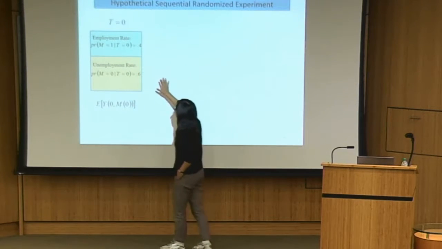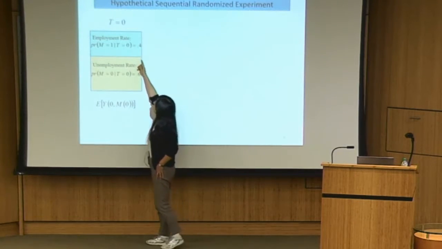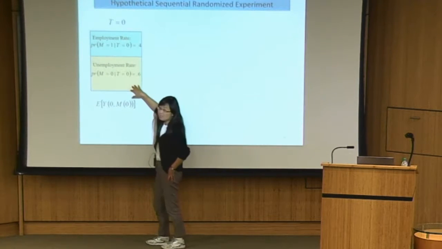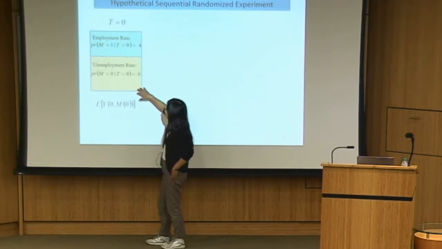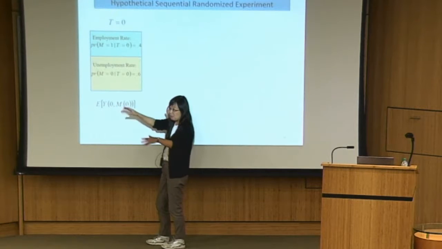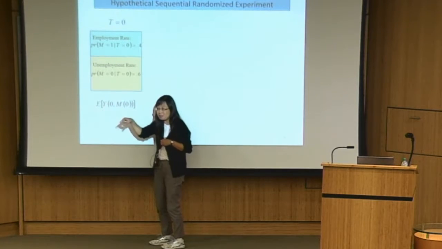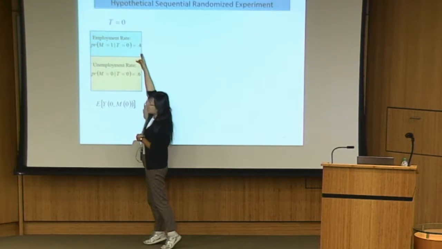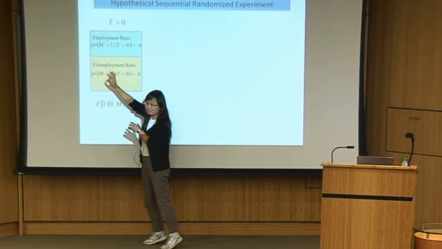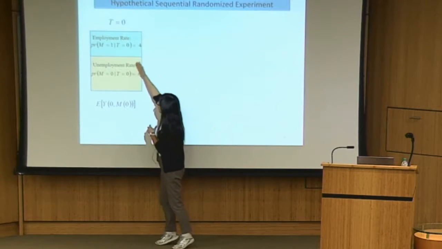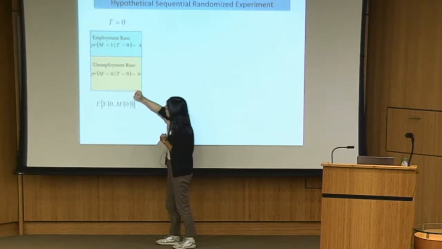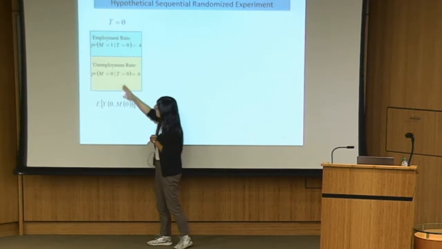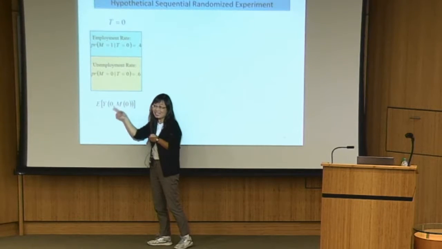So when I do randomization, I randomize 40% of the control units to be employed and 60% to be unemployed, right? After this second stage randomization, people have been randomized to the control condition first, then randomized to be employed or unemployed with this probability. Then you can observe the outcome of each individual and take an average of the outcomes of all the control units. It identifies this quantity,